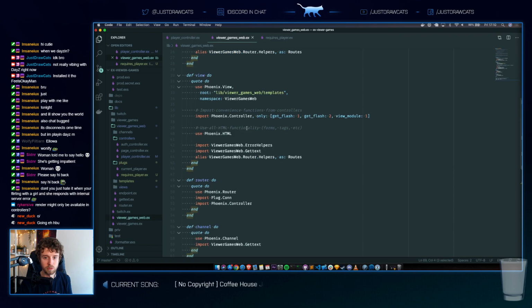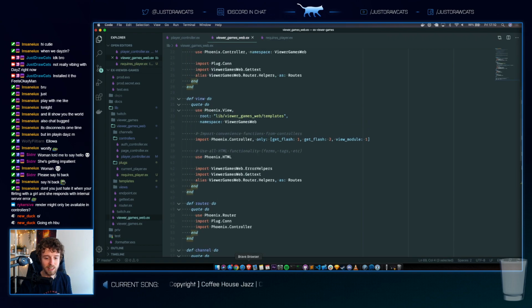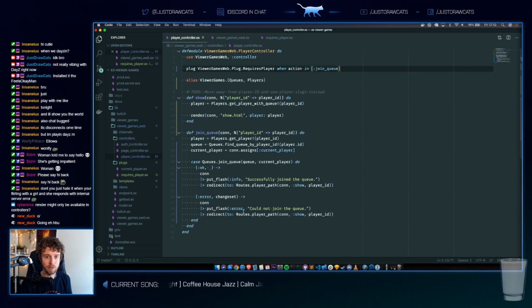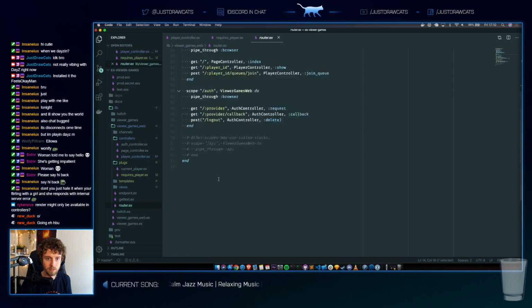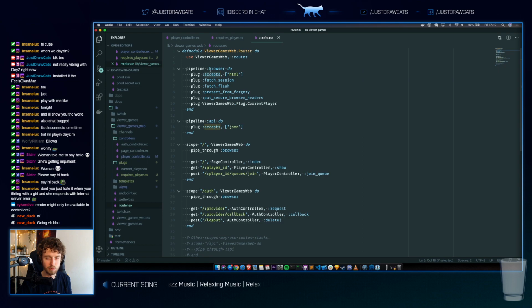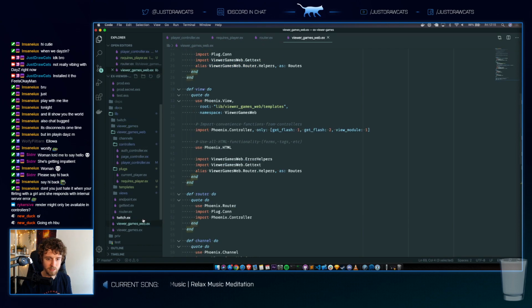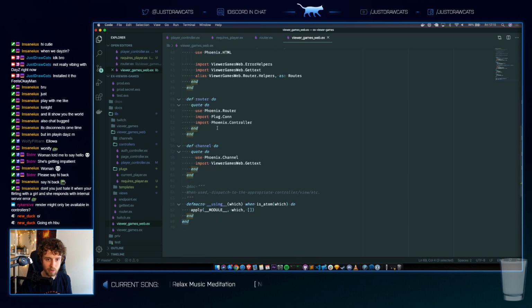Cool. Okay, so I still want to understand how you can do that. So for example, in the router, right? They use plug accepts. How does it find this plug? I think if you use an atom, it will just find like a method called accepts, and it calls it, and then because it imported this in this web file, like in the router, use router and import connection and controller. Probably on this Phoenix controller, there is somewhere a